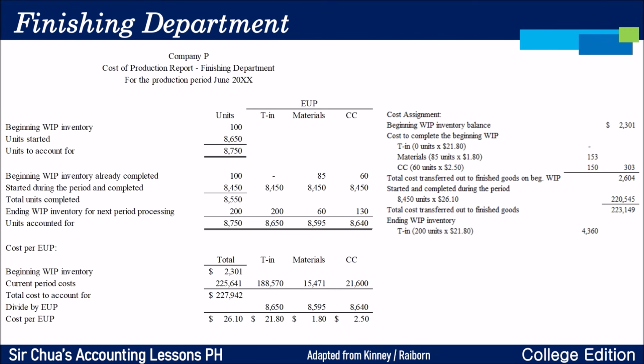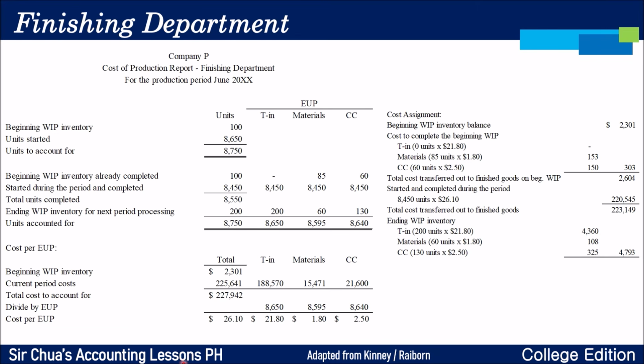Syempre po, we have 200 units as to transferred in, which is times 21.8. And then, meron din po tayong 60 units, this one, times 1.8 for materials, and syempre, wag kalimutan, we also have 130 units for conversion cost, which is 2.5, 325. Okay? So, the total cost of ending work in process inventory in the finishing department is